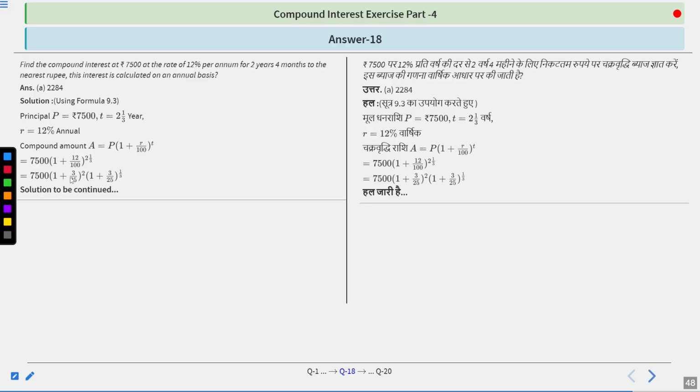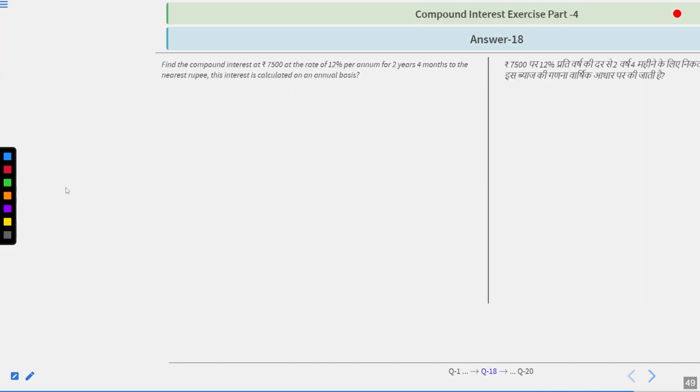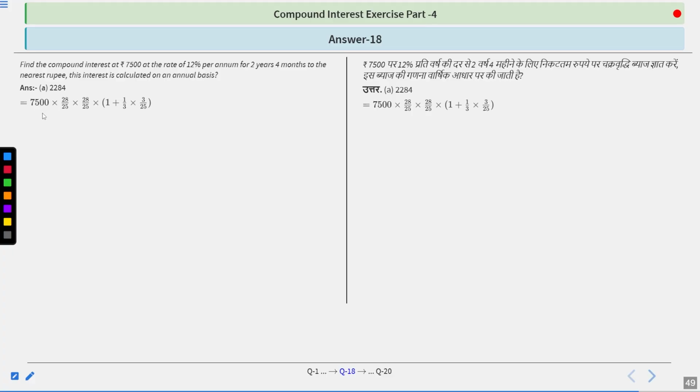Therefore 7,500 into 1 plus 3 upon 25, 12 upon 100 is 3 upon 25, whole square into 1 plus 3 upon 25 power 1 upon 3. We have separated 2 integer 1 upon 3 into 2 and 1 upon 3. Therefore 7,500 into 28 upon 25 into 28 upon 25 into 1 plus 1 upon 3 into 3 upon 25 is what we get in the next step. So 7,500 into 28 upon 25 into 28 upon 25 into this becomes 26 upon 25. So on multiplication we get rupees